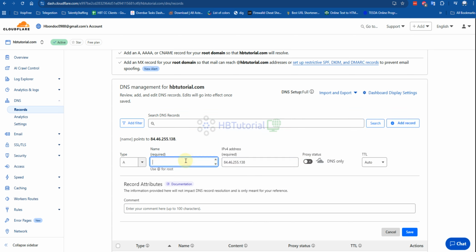So put your subdomain name like BCBox2, or BCBox12, or it can be HB BCBox BC12. Okay, so this will be my subdomain for my dialer. Okay, save.